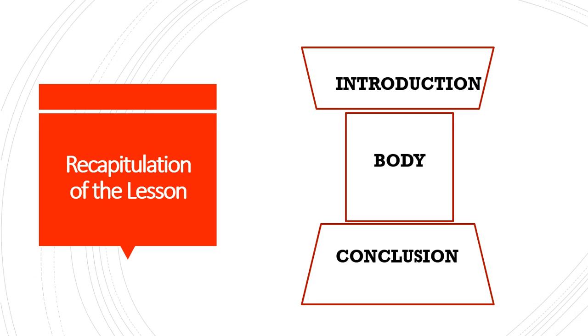What do you notice? The space becomes narrow when you go to the midsection of the hourglass, or the body. Why? Because the ideas that you will write on the body are getting specific. In the body you will write specific details that will support your thesis statement in the introduction. So again, in other words, ideas are getting narrow on the body. That's why the space becomes narrow as well.